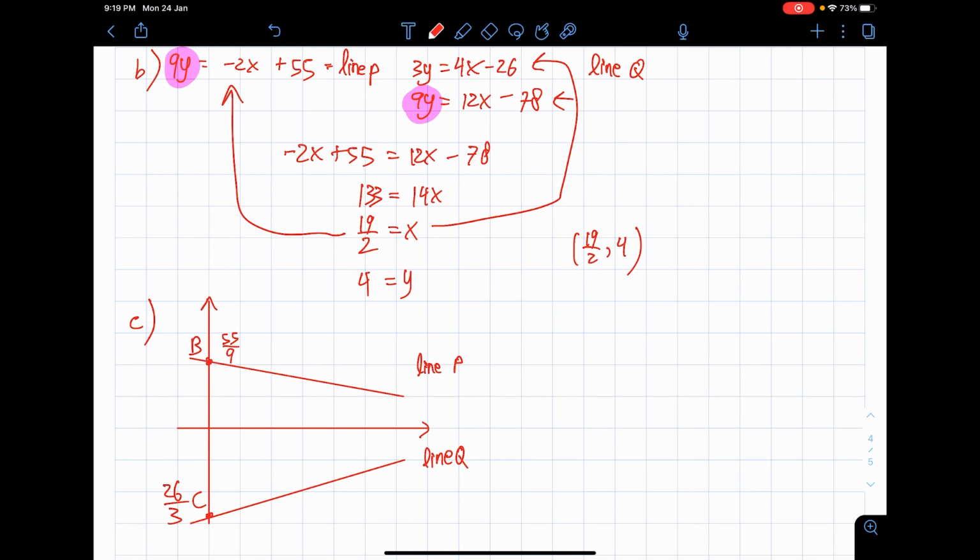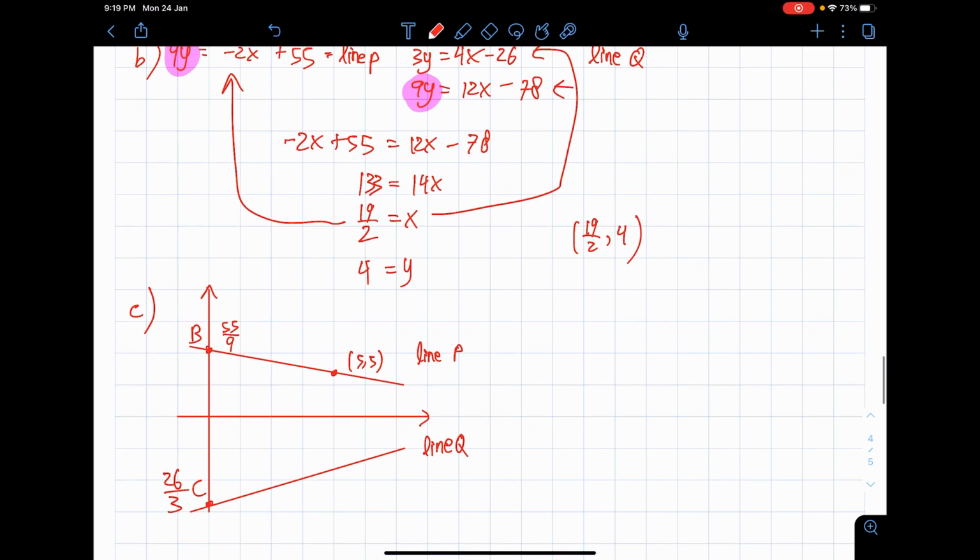Okay, they say that point A is 5,5. Almost forgot about that piece of information. So 5,5 should be somewhere around here, a little bit lower than 55/9. It's also on the line of P, by the way, so I just put it down over there. And then the line Q intersects x equals 5 at point D.